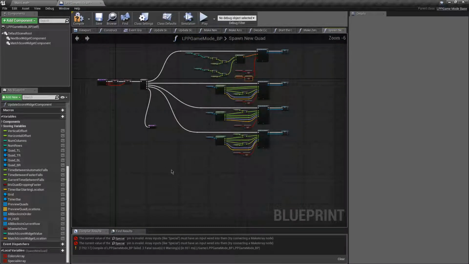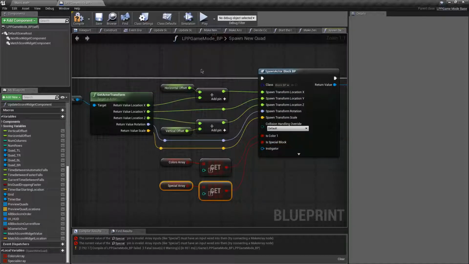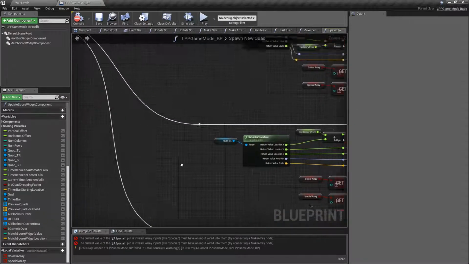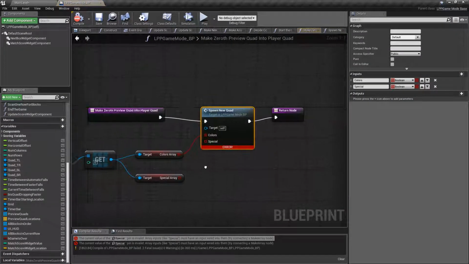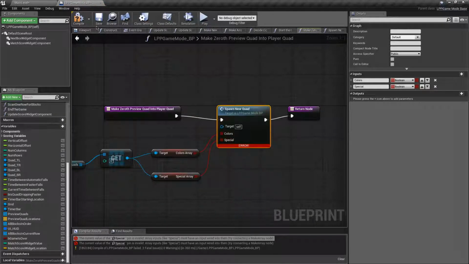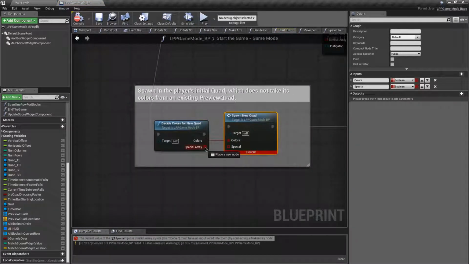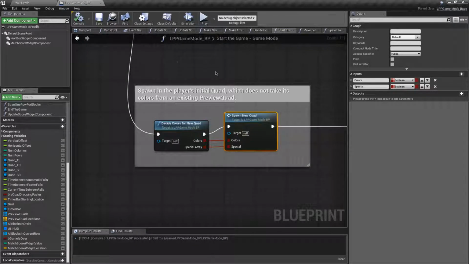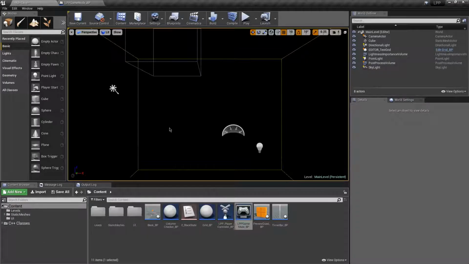So I'll need to space out these. And now where we call this function, we need to make sure we're actually attaching this. And now, hopefully, if we've set up the blocks, we should still need to go and set up the actual mesh on the blocks. We didn't do that yet, so